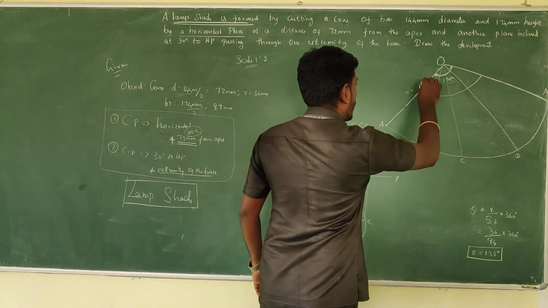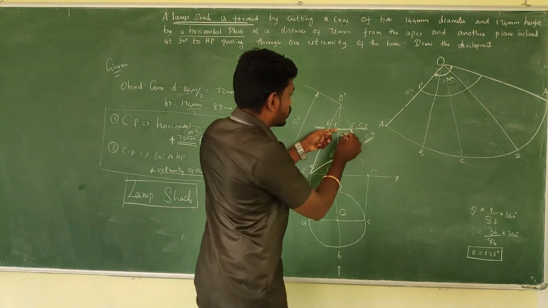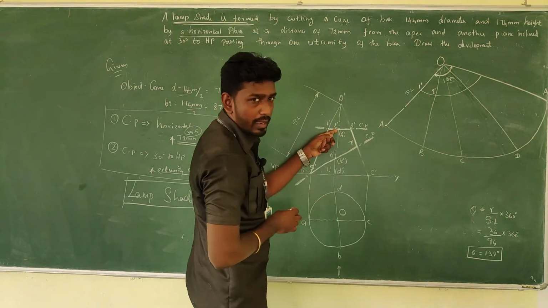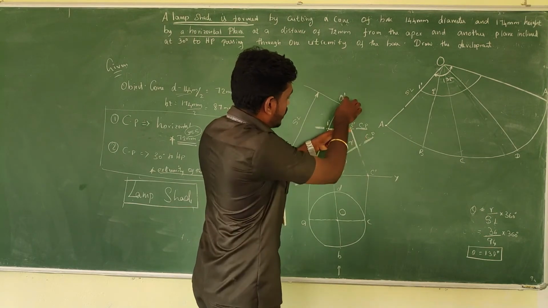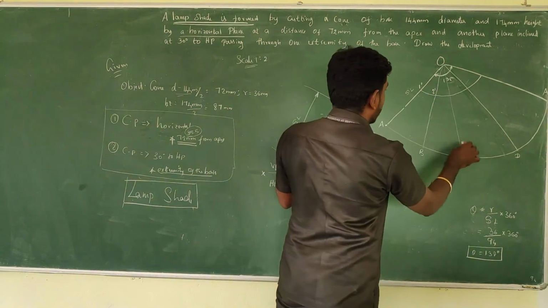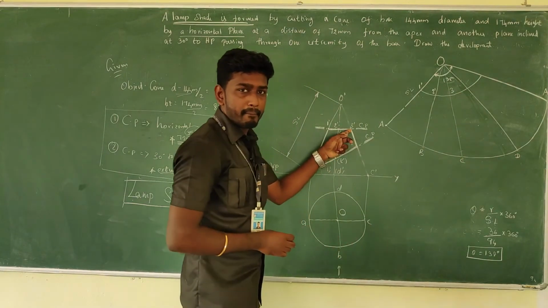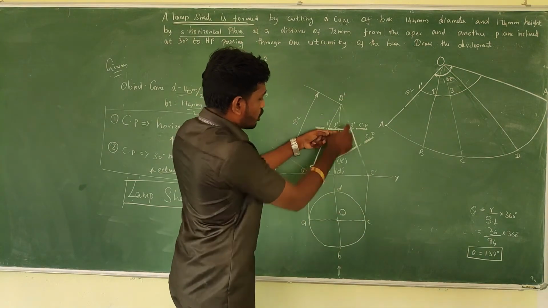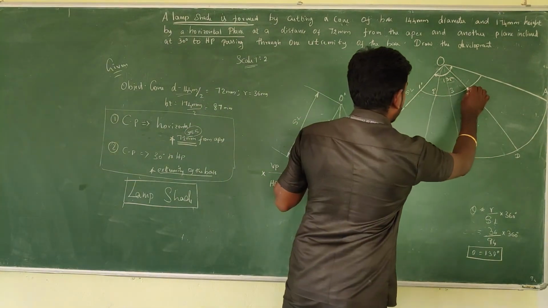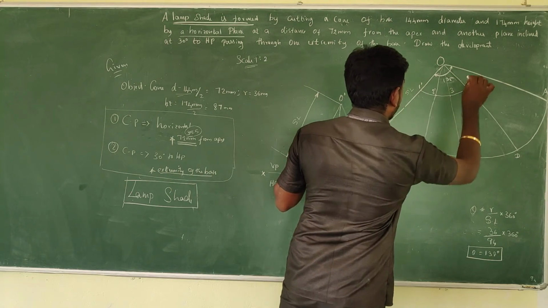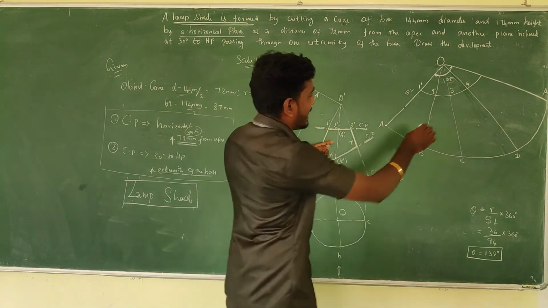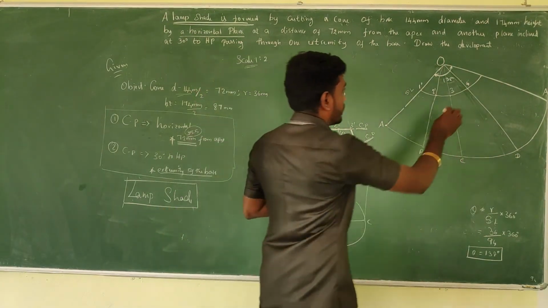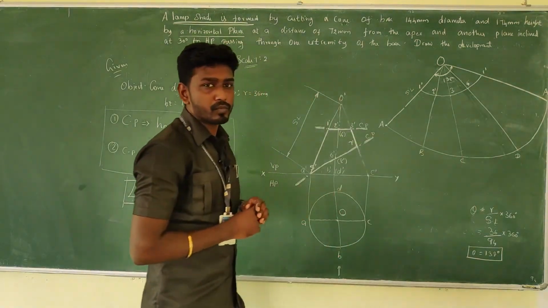So this will be the 1 dash and this will be the 2 dash, where it is located between O to B, 2 dash. And this 3 is between O to C, it is 3. This is a point 2, this is a point 3, and 4 where it is between O to D, the cut point is 4. And what about the next one? It is between O to A. That means O to A in the sense 1. Again it's a 1 dash.